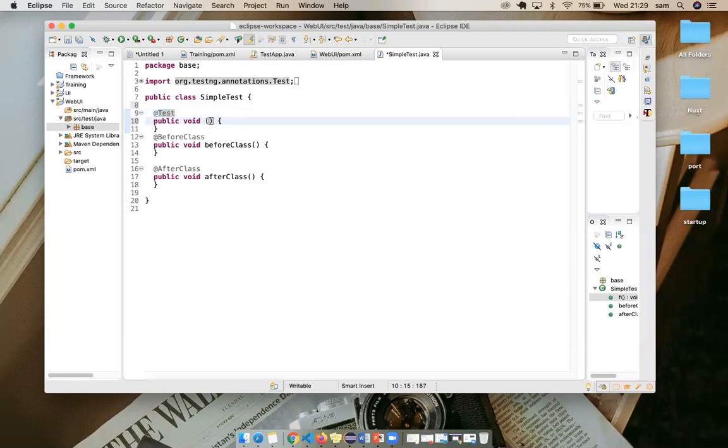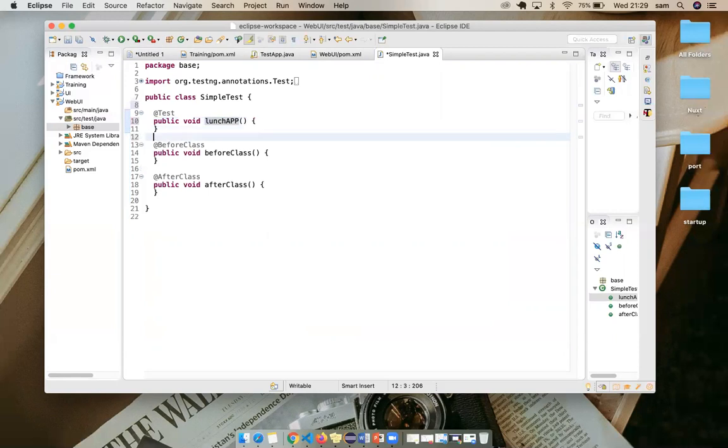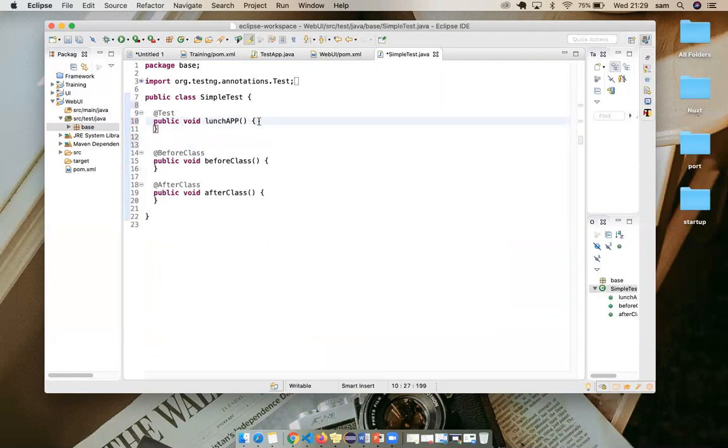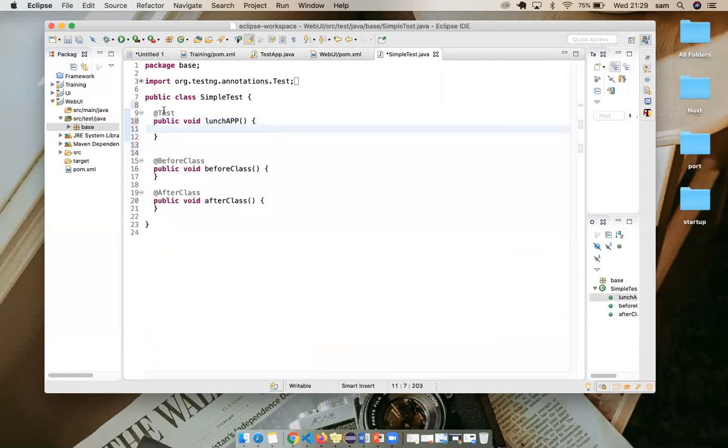This one is just to launch our app, and that's going to be the name of our test. So any annotation, any function, or any method that you annotate with @Test in TestNG is the main test that will be run. And any method that you annotate with @BeforeClass, that means the function is going to run